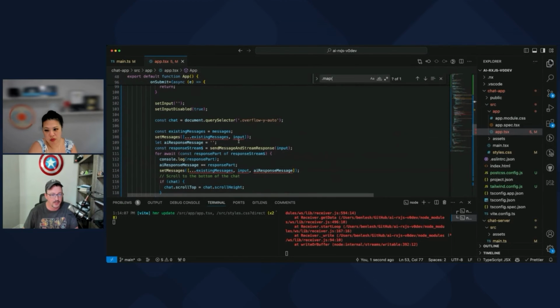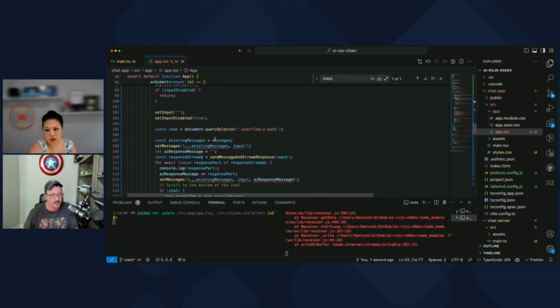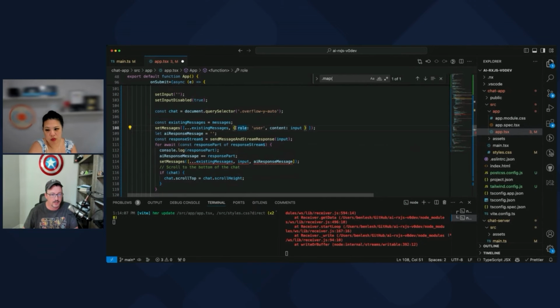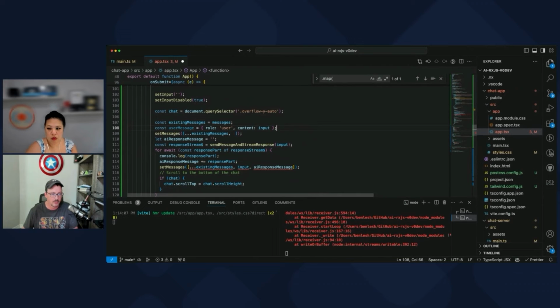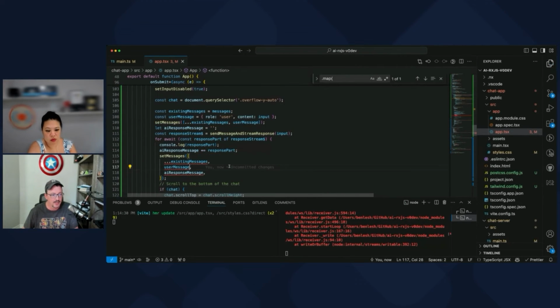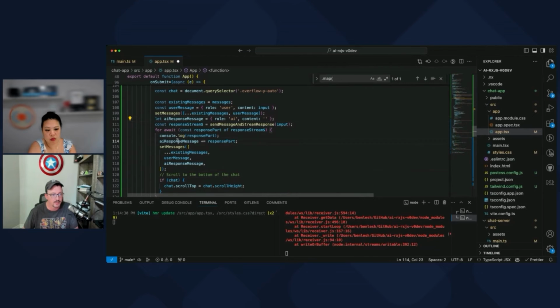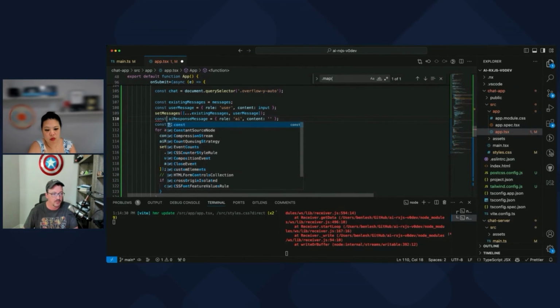Now it's going to complain right here that these are not the right type of thing. So the input is going to be role user, content is input. That's the user message. The AI response message needs to be role, content. And this is content. Make this a const now because we're not actually mutating it.